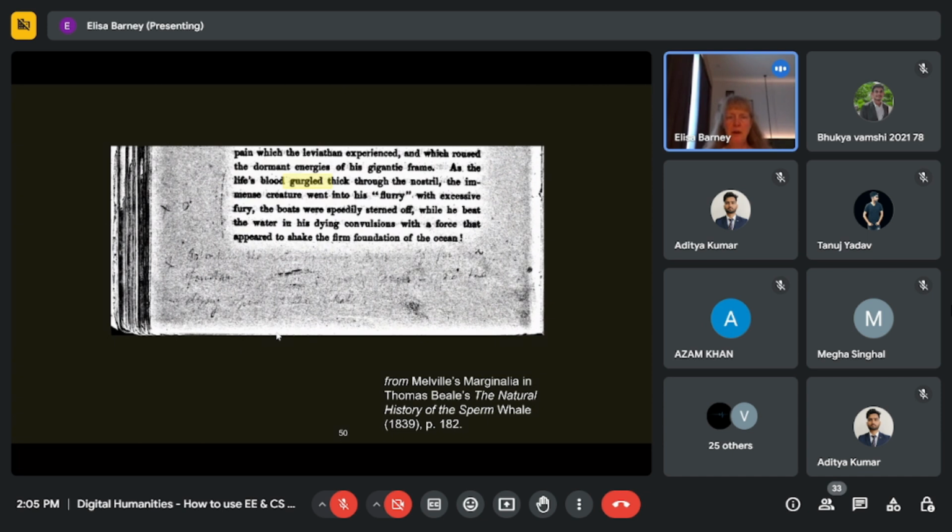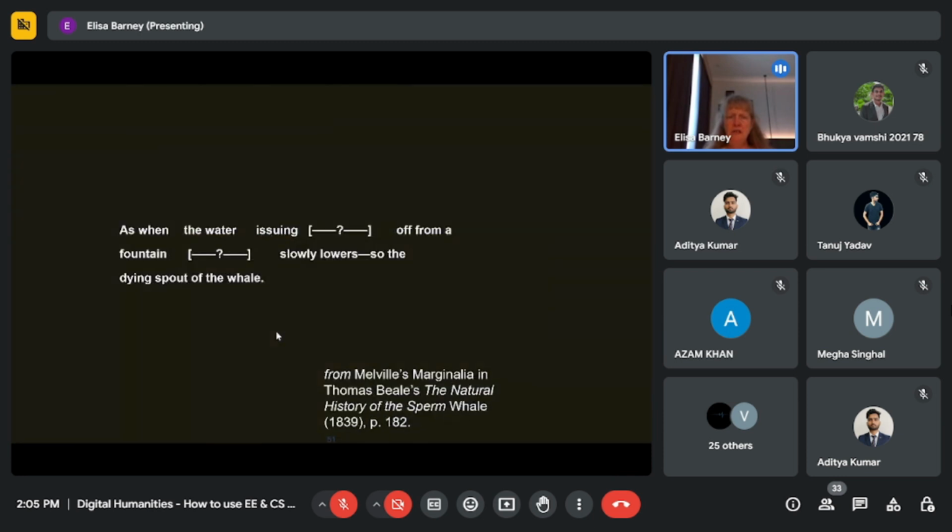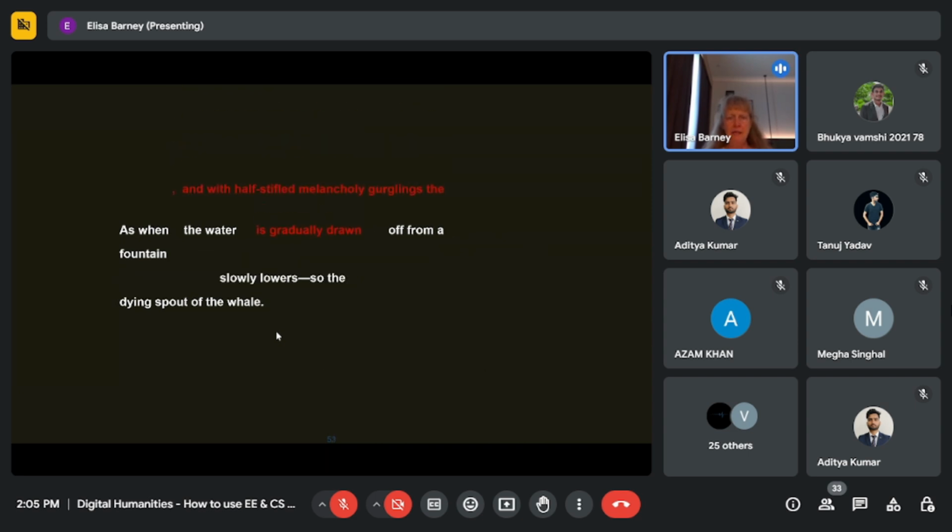But by using image processing, we can extract them and see them. But we can't see all of them because some of the erasures are too bad. But we can still use them from a scholarly point of view. And my colleague has made some hypotheses about what might have been in those gaps, and we could rearrange those words